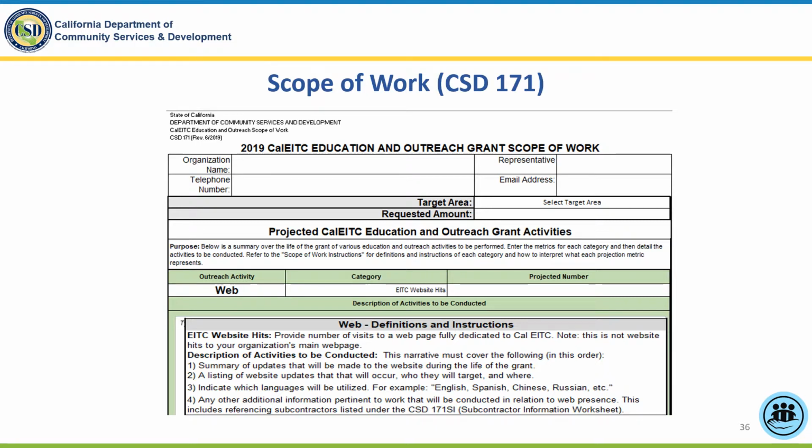To begin with the scope of work, please fill out the contact information at the top of the form. Your organization's name, your organization's representative, the representative's telephone number and email address, the target area in which you are serving, and the requested grant amount. Once this information is completed in the scope of work, these fields should auto-populate throughout the workbook. Now let's review web